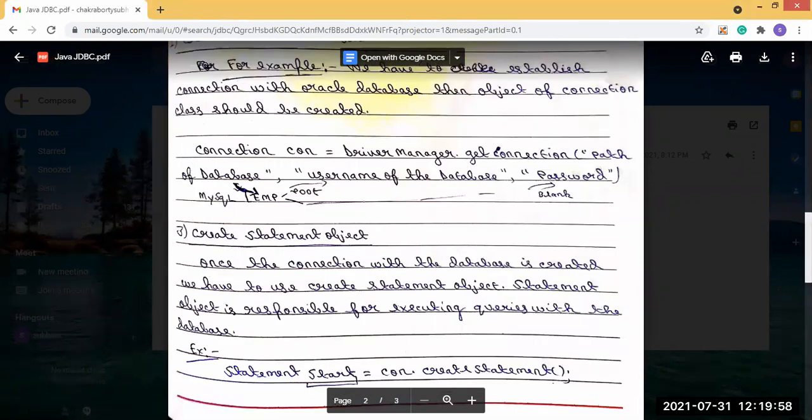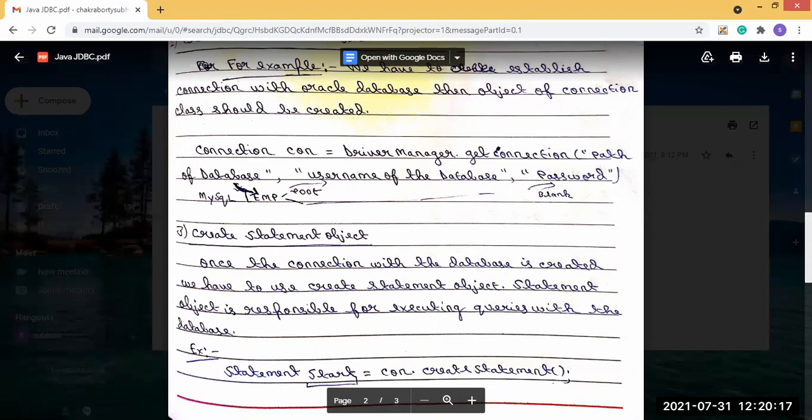Once the connection with the database is created, we have to use the createStatement object. Now, what is the statement object responsible for?